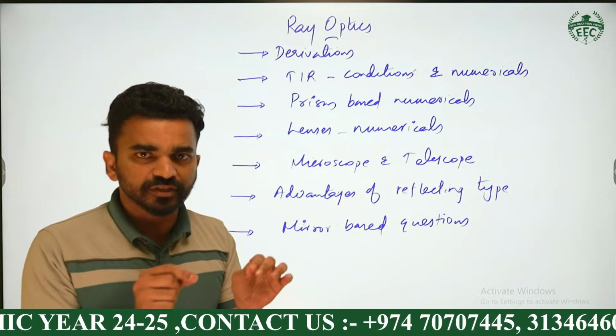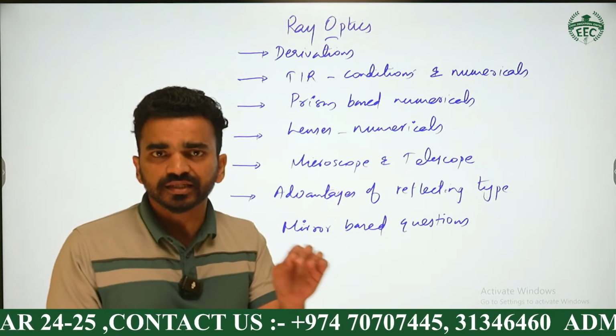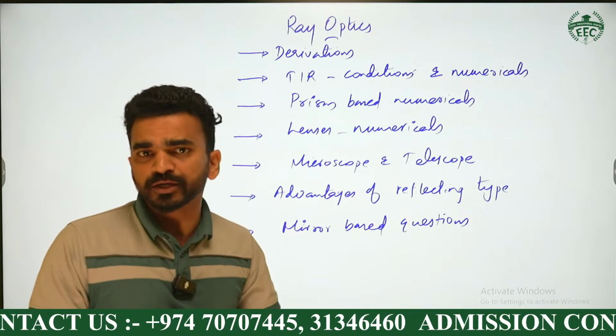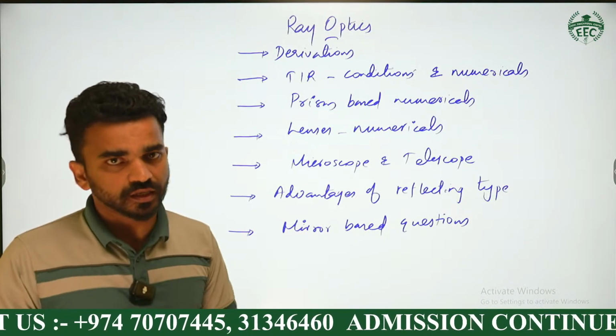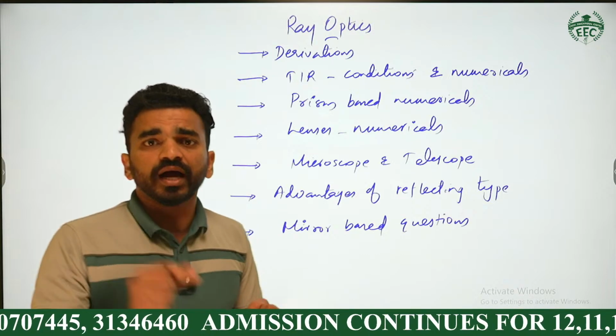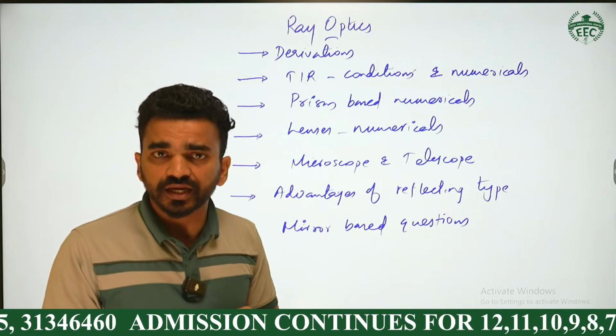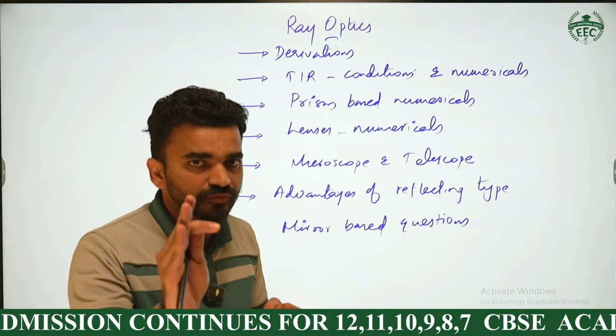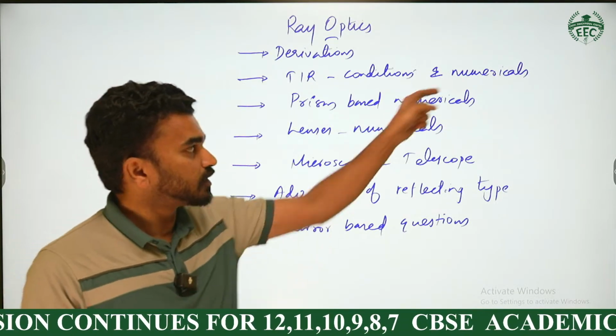When the angle of incidence in the denser medium is greater than the critical angle of the medium, then the complete light ray bounces back to the same medium. That's what we call total internal reflection. You want to learn the statement, and what's the condition for TIR? Angle of incidence should be greater than the critical angle, and light should travel from denser to rarer medium. Don't forget. Then numerical,